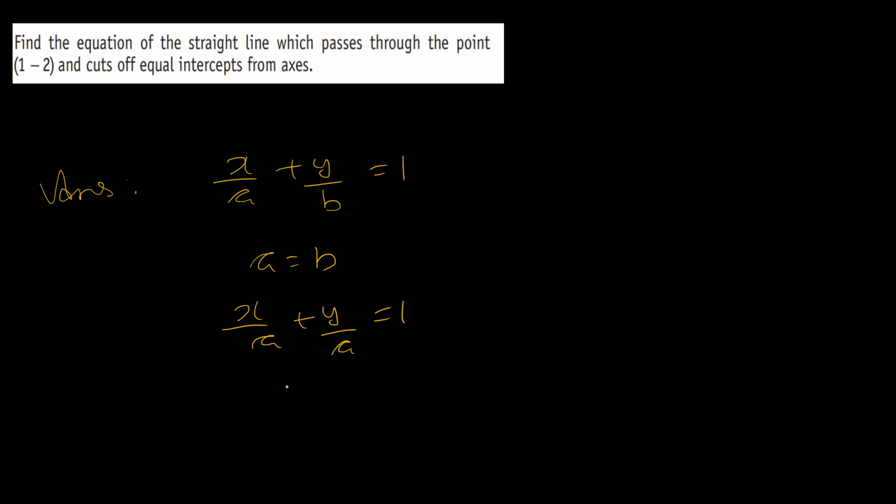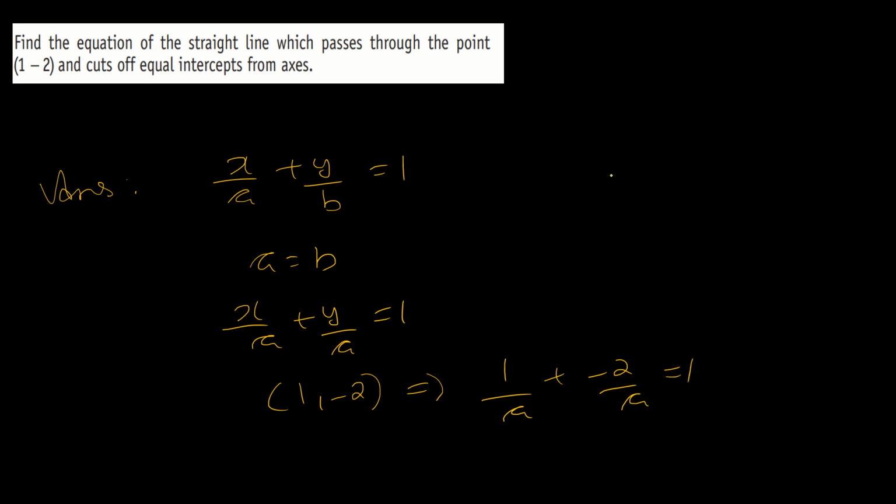equation of the straight line which passes through the point (1, -2) and cuts off equal intercepts from the axis. The equation of a line in intercept form is given by x/a + y/b = 1. Since it cuts off equal intercepts from the axis, a equals b, which means x/a + y/a = 1. This straight line is passing through the point (1, -2), which means the equation will become